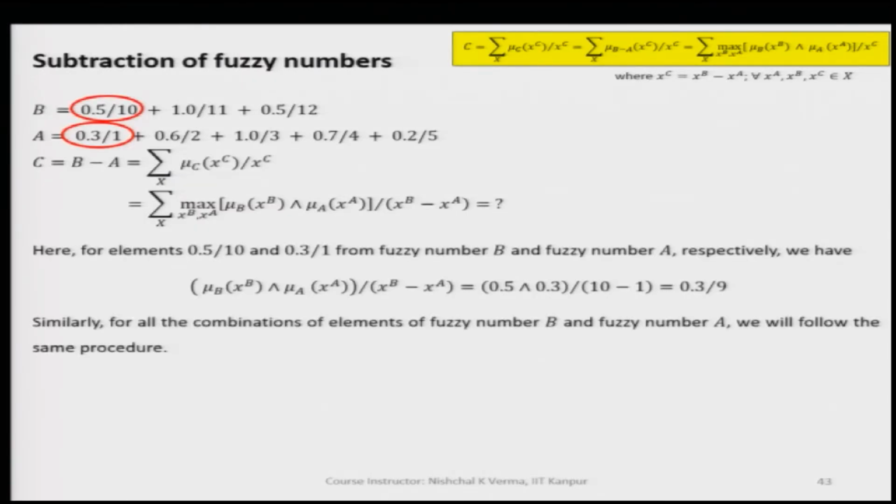So, we can quickly go through this and see what is happening here when we subtract fuzzy number A from fuzzy number B. Here also, we have mu B of x B min mu A of x A,